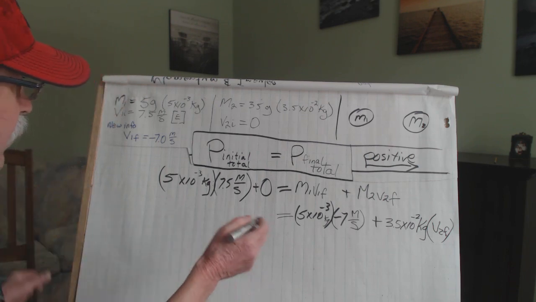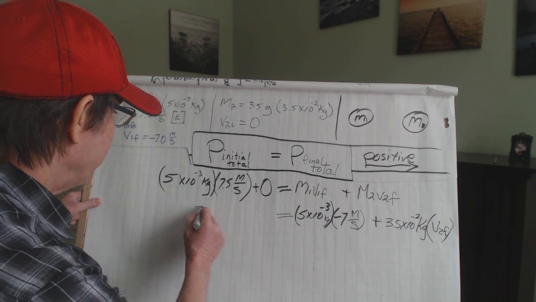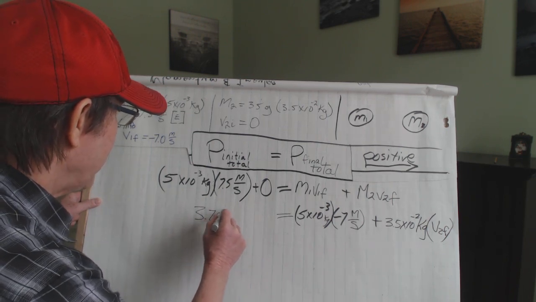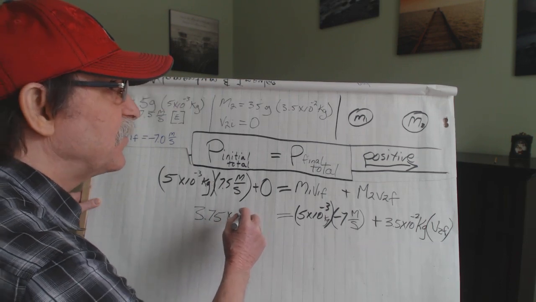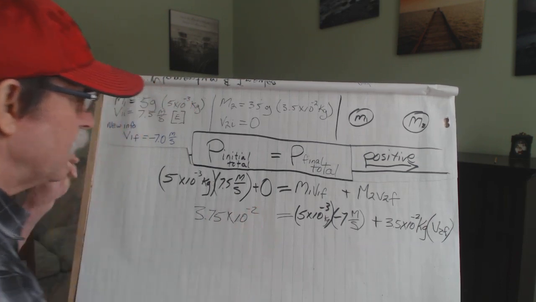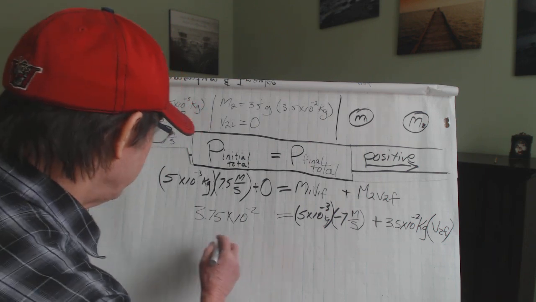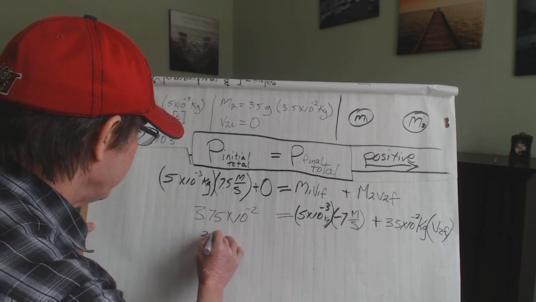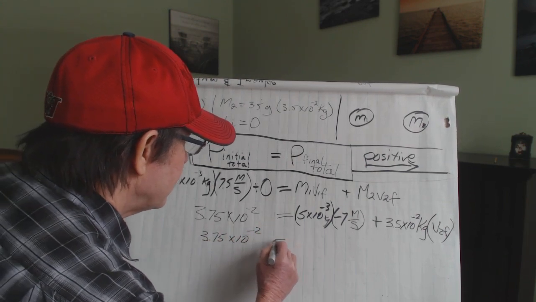Okay, let me just carry on with these numbers here. This is going to be 3.75 times 10 to the minus 2. I'll bring this down: 3.75 times 10 to the minus 2 is equal to